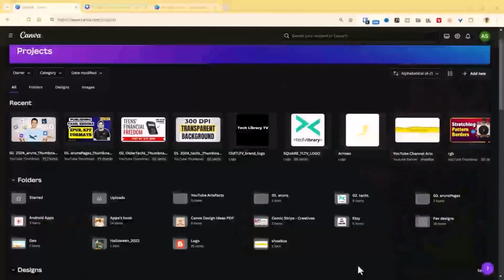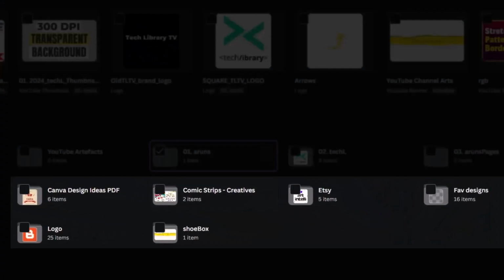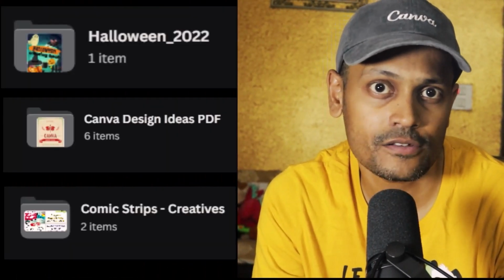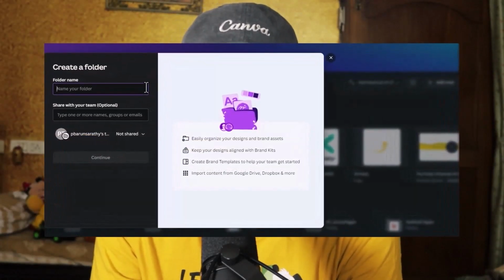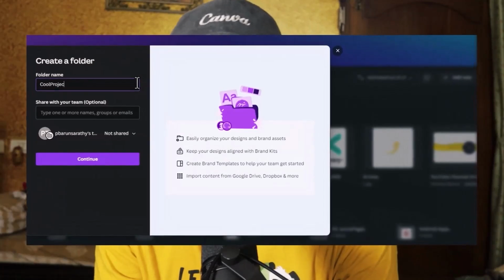You can also see that I created separate folders for my app designs, book designs, logos, Etsy work, and others. Basically, I even gave a few of my folders the same name as my one-off project names, so I can easily identify them. I can even further organize these into parent-child hierarchy by creating a parent level cool projects folder and then moving these inside.